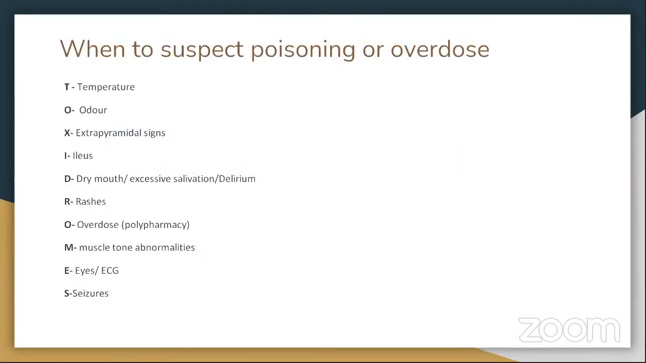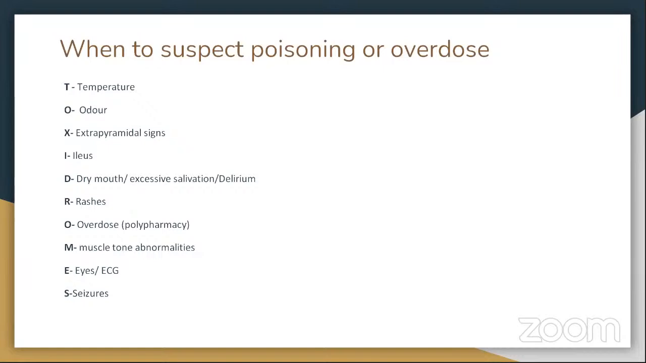Okay, so when to suspect poisoning or overdose. If you have a patient and you don't really have a history and you have nothing much to go on, these are some of the features that will point you in the direction of a poisoning or an overdose. Another acronym here is TOXIDROMES. You can suspect it if you have patients with temperature abnormalities, foul odors, extrapyramidal signs, ileus, dry mouth, excessive salivation, delirium, rashes, or a history of overdose, muscle tone abnormalities, eyes or pupils constricted or dilated,